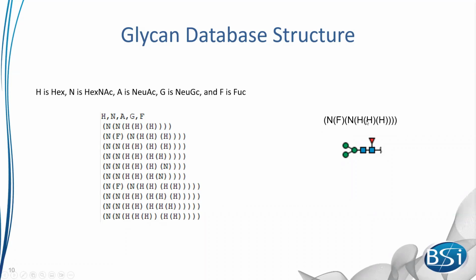It shows how you set up the actual structure; the brackets show what branches off. So you have an H within one bracket here. It shows that that's one branch off the first H. And then the second H in another set of brackets shows that this is also attached to here, which shows that we have two H's attached to the N here. And that's just a quick breakdown of the structure. And by doing that, you're able to create your own glycan structure database.